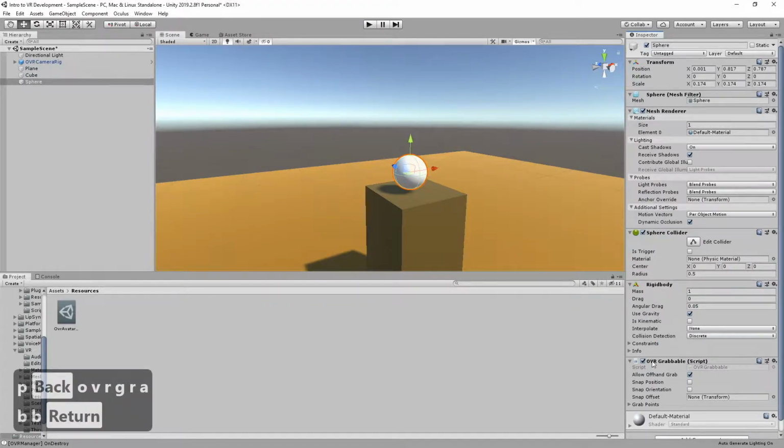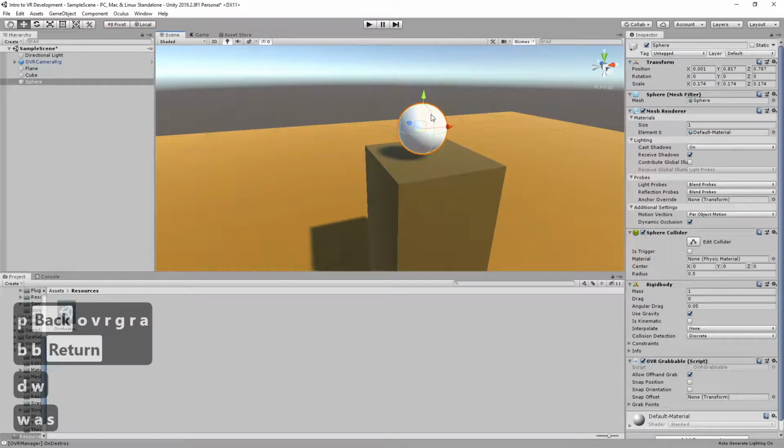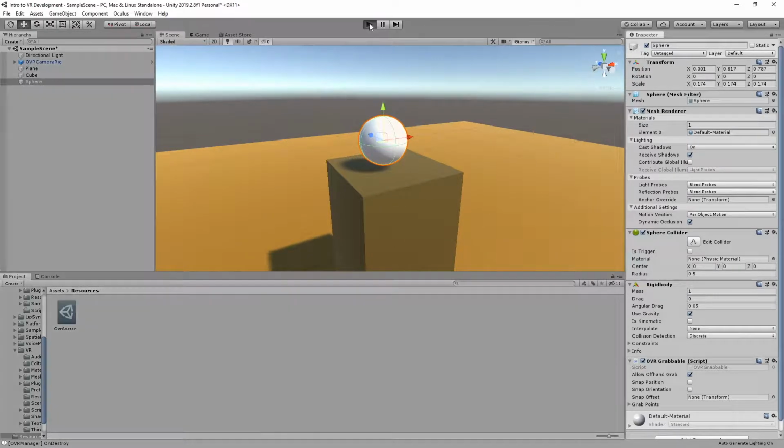So this basically sets this object as grabbable, and it allows for some default behavior for basically how does it get grabbed. So if we go ahead and hit play,